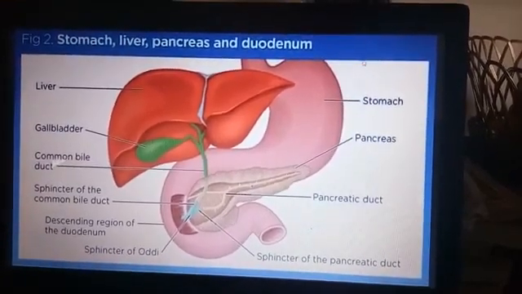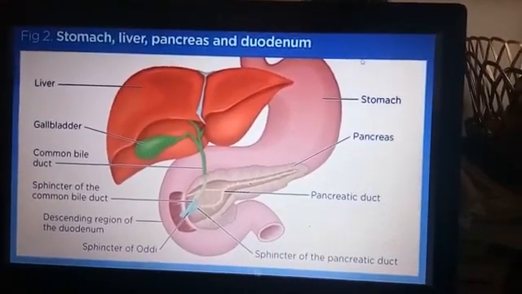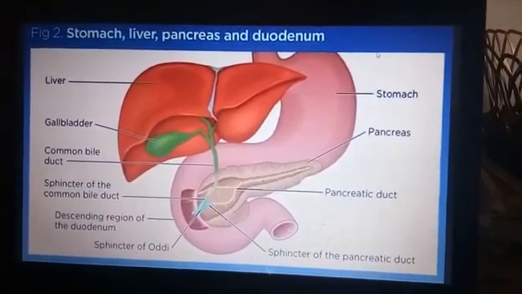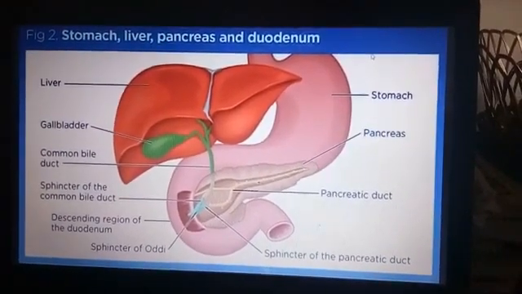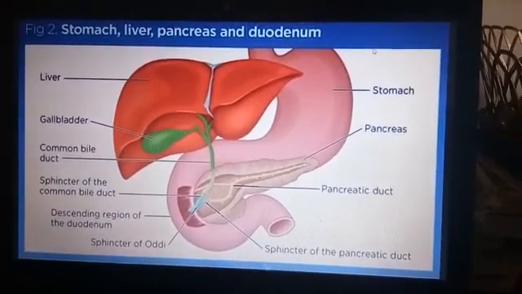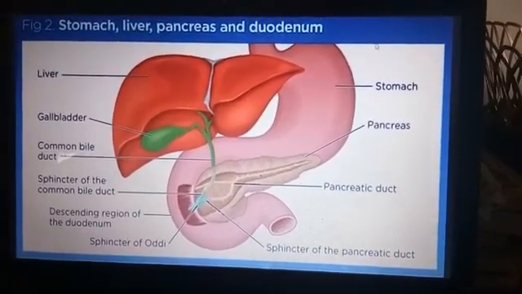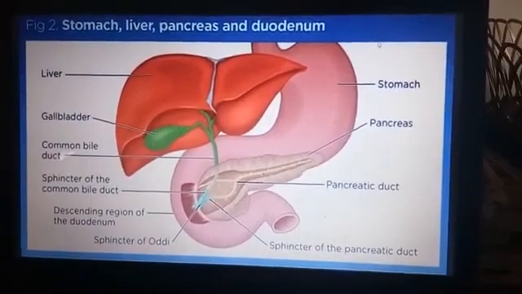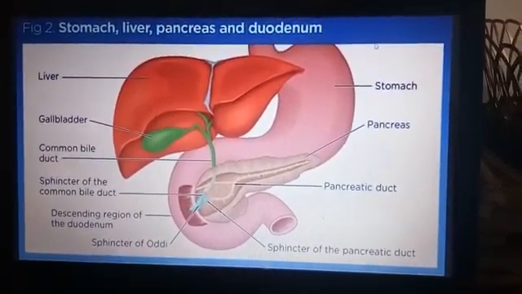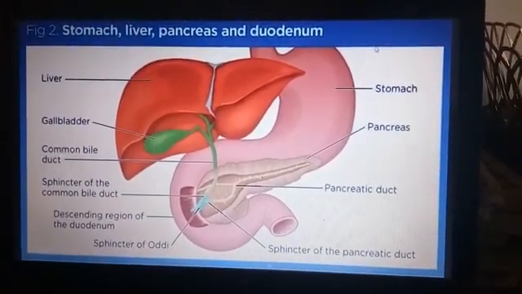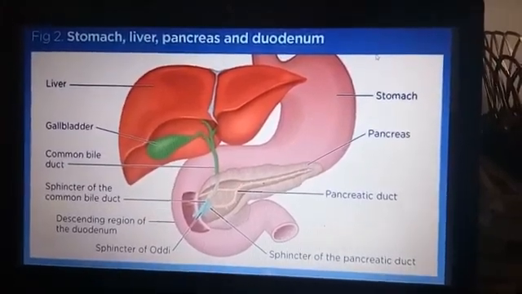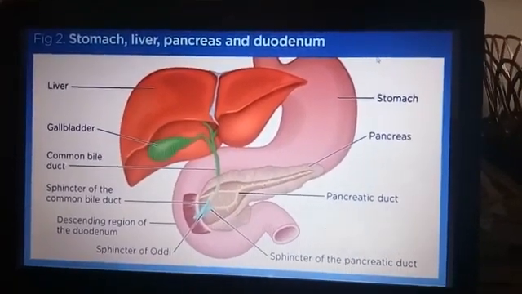That means I have already told you that glands with ducts are generally exocrine glands. Yes, the ducted glands are called exocrine glands. So here that means pancreas is an exocrine gland. But now I am telling that pancreas is also an endocrine gland. Okay, now how is that possible?